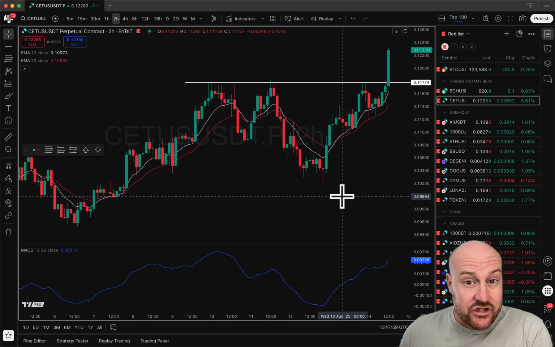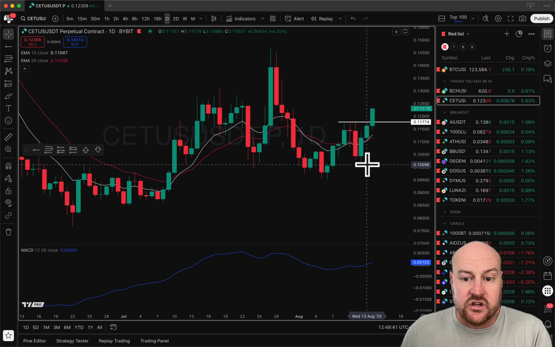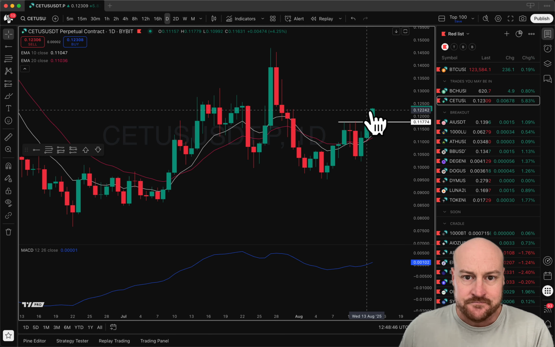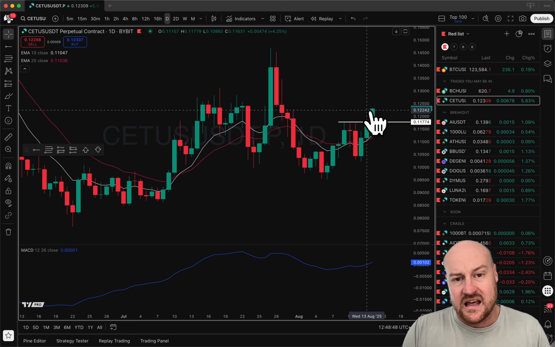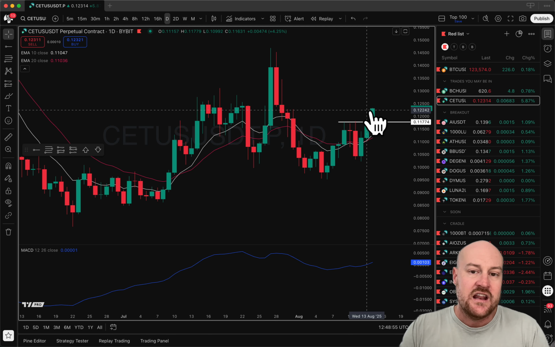But again, combining my entry with this breakout, looking at multiple time frames to see what the trend is doing, i.e. the 4-hour, nice move here, the 2-hour with a higher low right here, so momentum to the upside, and then the daily. As it breaks through, my actual entry point is the point at which this daily trend goes from a higher low to a higher high, and then it becomes an uptrend. By using simple analysis, understanding the way that the charts work, and reading trading patterns through the use of price action, you can have a very successful outcome by using these strategies and being